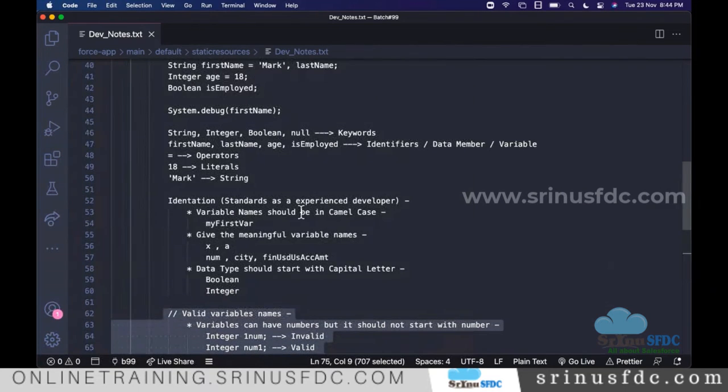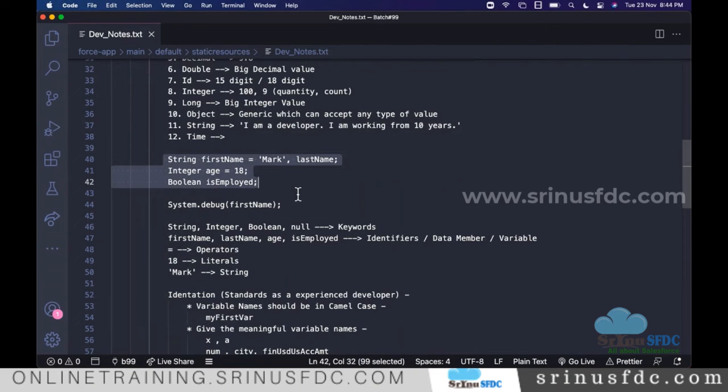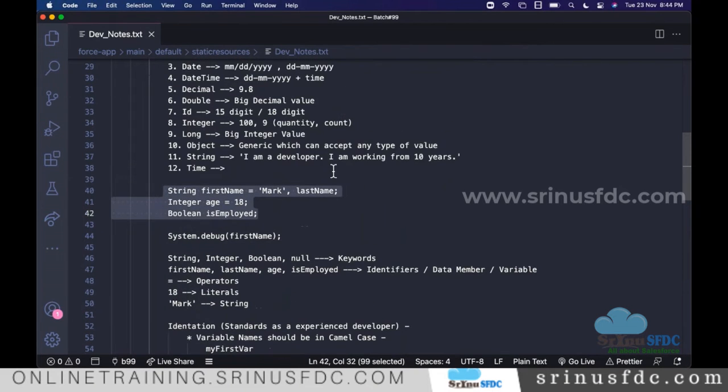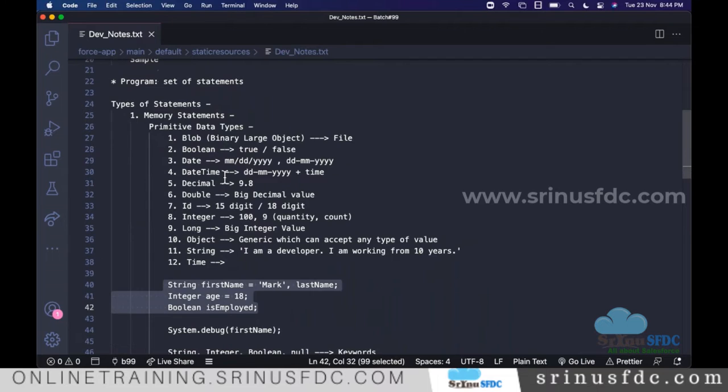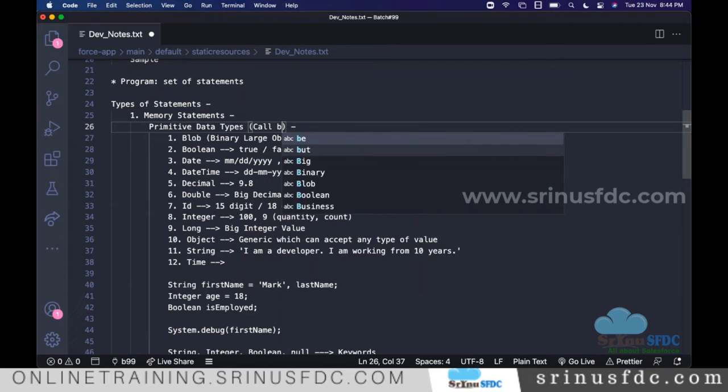Already we discussed how we can define some of the memory statements. But what I am saying is, so far whatever we discussed, all of these are primitive data types. Primitive technically means call by value.